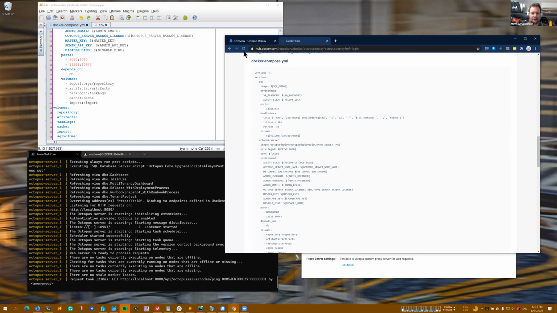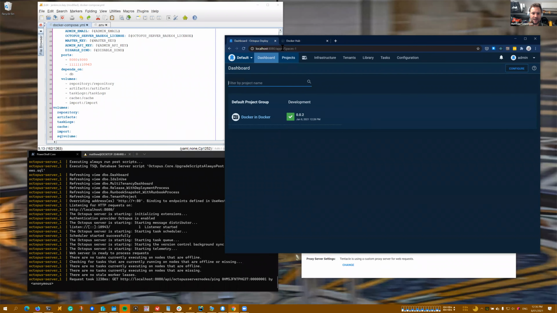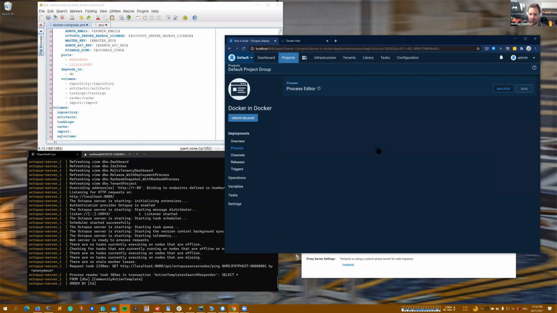Right, so once that's up and running, you are good to go. So this is the Octopus server running from a Linux Docker container. Now, one of the things that we did to make this easy for people to use was expose something called Docker in Docker. So one of the features that came out recently was if you look here,